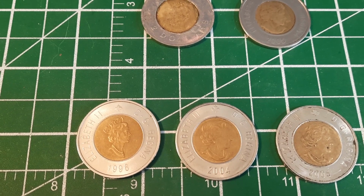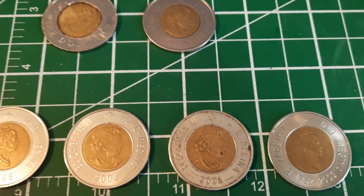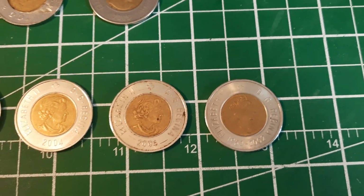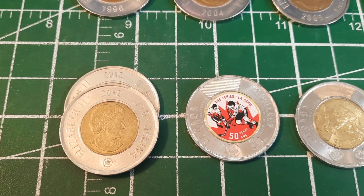We got some surefire counterfeits here. All 4 that we got were different years, 96, 2004, really circulated 2005, and we got that 2002 double date as well. We found some other really cool things, a couple more of those low mint 2012s, just about